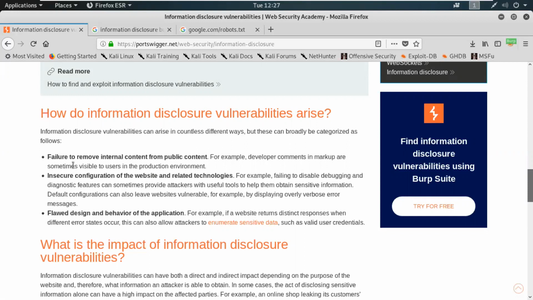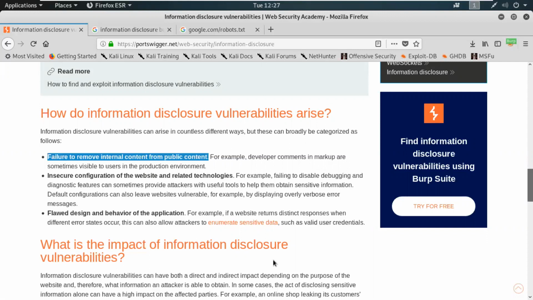For example, failure to remove internal content from public content. Internal information permitted in the public information. For example, developer comments in markup are sometimes visible to users in the production environment. In the development environment, some information can be leaked in the backend of the source.